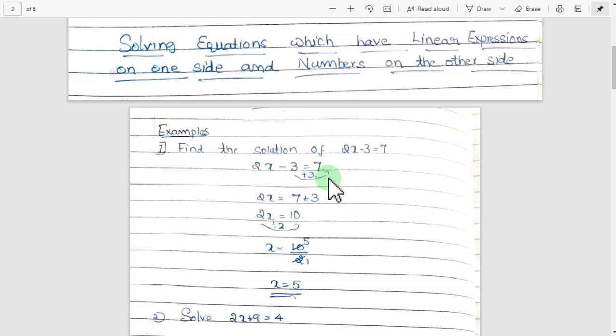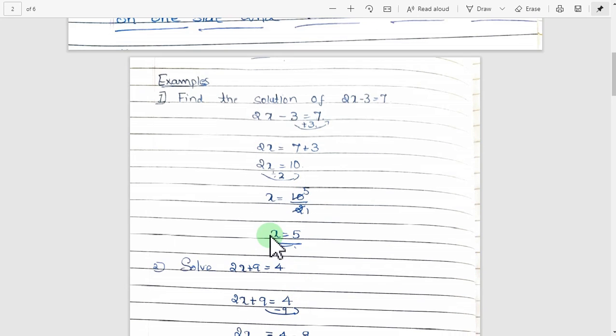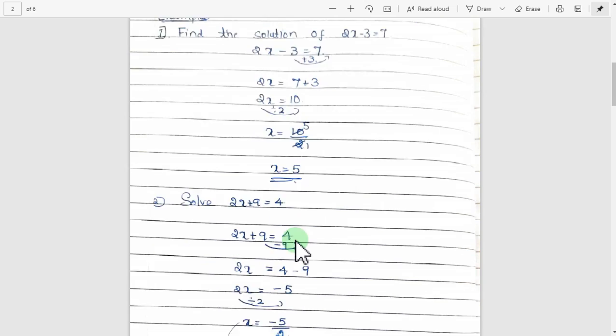When it goes to the right hand side, it becomes plus 3. So first you simplify this, 7 plus 3. In the next step you write 2x is equal to 10. Now you take the number which is with the variable x, that is 2. The sign between 2 and x is multiplication; no sign means multiplication. When you take it to the other side, it becomes division. So x remains on the left hand side, and 2 becomes division on the right hand side: 10 by 2. Now you can simplify, 2 fives are 10. So the value of x is 5.